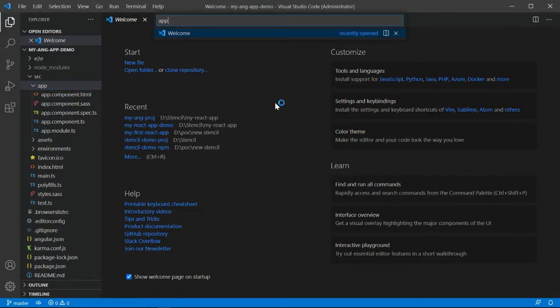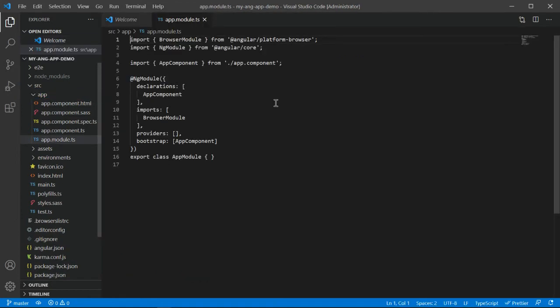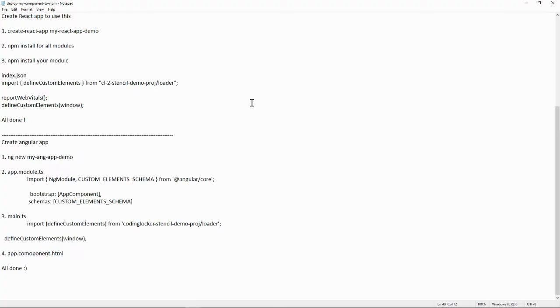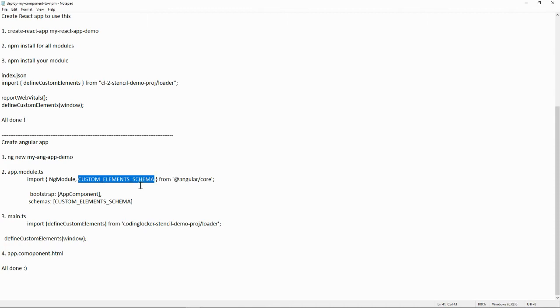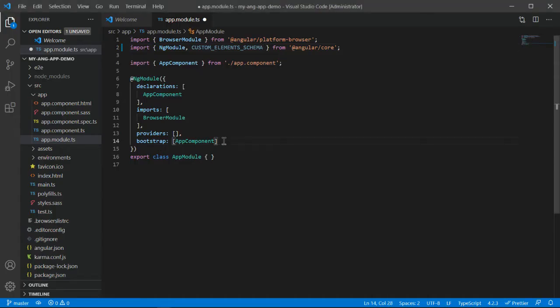In the app.module.ts file, what we have to do is import this custom element schema. The thing is that this is our Angular application and we want to make use of custom elements, while the browser only recognizes HTML elements like div, h1 and so on. So if we want to make use of those custom elements, we have to import this schema, and at the same time we have to write it here as well. So this is done. Next, go to the main.ts file,